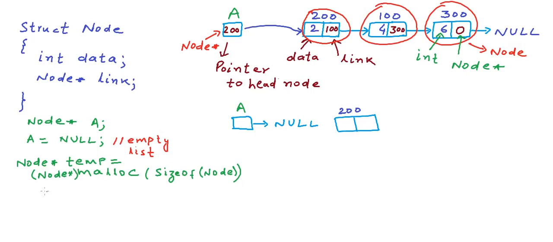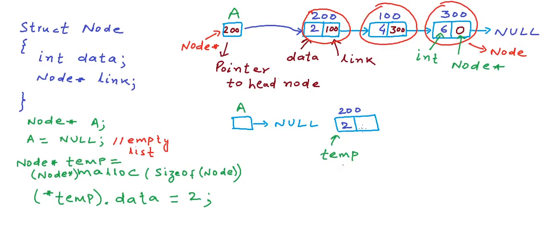To do so, we will have to dereference this pointer variable that we just created. As we know, if we put an asterisk in front of the pointer variable, we mean dereferencing it to modify the value at that particular address. Now in this case, we have a node which has two fields. So once we dereference, if we want to access each of the fields, we need to put something like a .data here to access the data and a .link to write to the link field. So we will write a statement like this to fill in value 2 here,